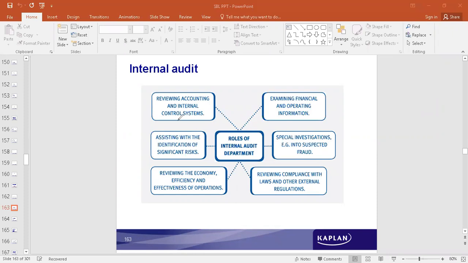Reviewing accounting and internal control systems, to ensure that the internal control system installed in an organization is looking into the control system in terms of identifying any fraud happening and ensuring that fraud does not happen in the organization. They look into whether the operations are carried out effectively and smoothly. The second area is the financial statements, how they are prepared and reported. The third area is whether they comply with the rules and regulations. So the system looks into these areas.